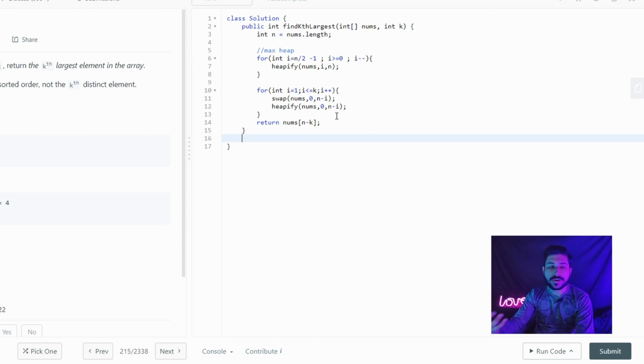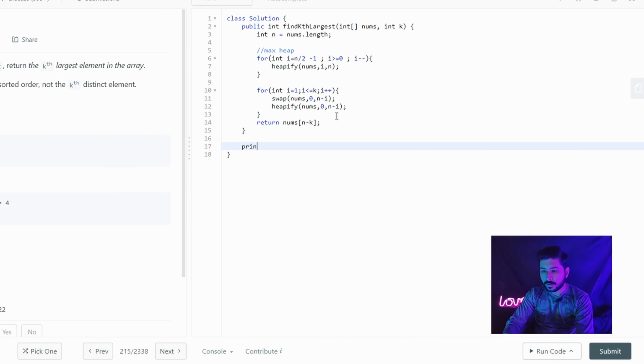Now we need to provide that heapify operation. Now that heapify operation is like this. Just follow the intuition and write the code. It will be a private method. It will be repeated again, so think about it carefully. It will not be returning anything, so it will be a void operation,